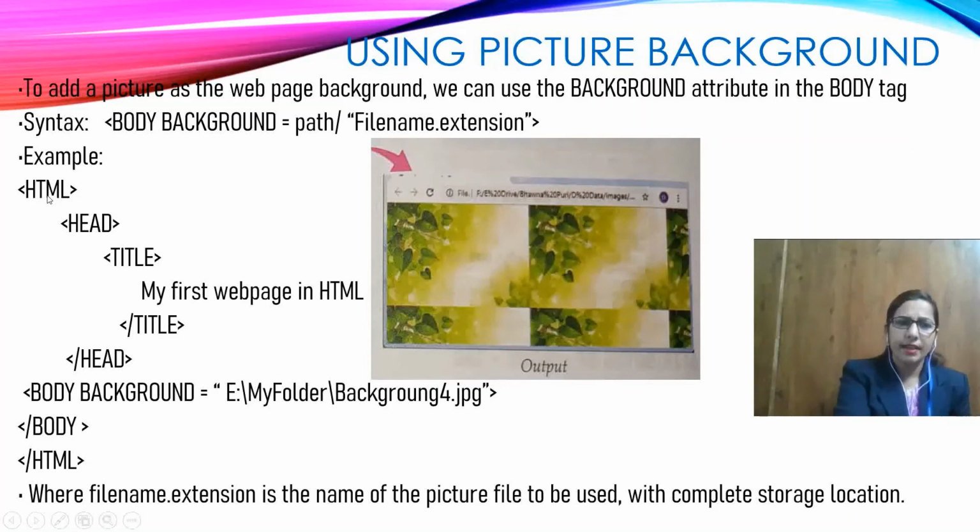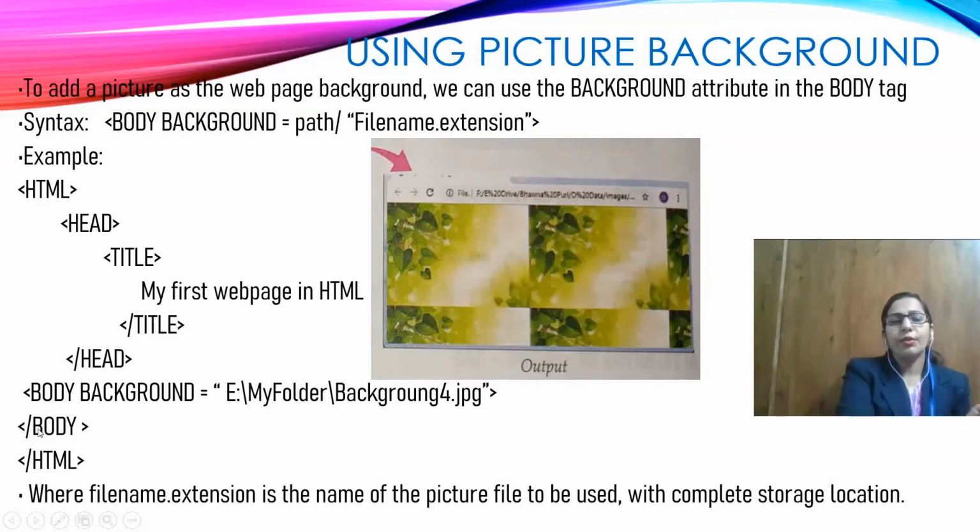Write the HTML starting tag and always write the ending tag. This is the method to write an HTML document. First you write HTML starting and then the ending of HTML. This code we have to write in any editor. After writing this HTML, write head and close the head. Again write title and close the title, and then write body and close body.